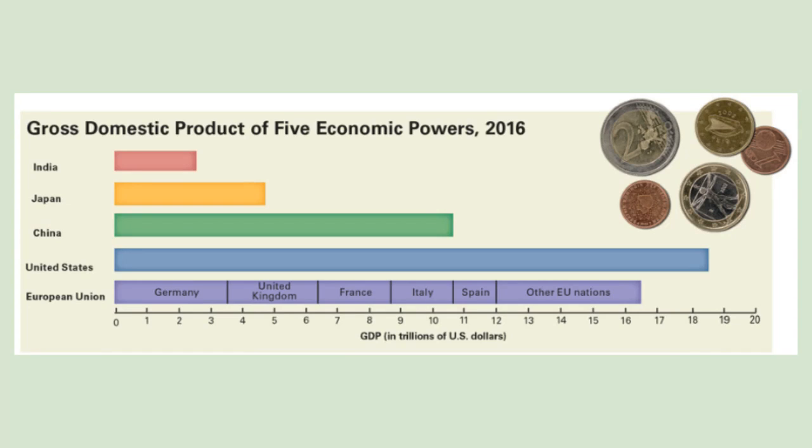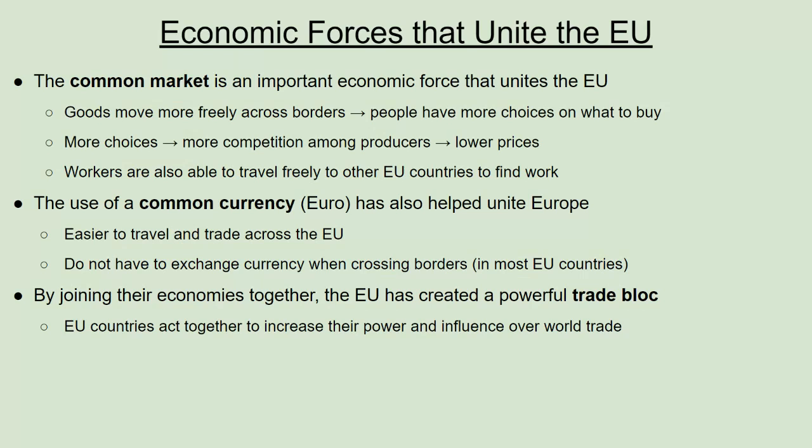If Germany was just by itself, it really wouldn't compete that much. It would be slightly higher than India, but still lower than Japan. Italy and Spain, and especially some of the smaller EU countries, don't have a lot of power independently. But if they join forces with other EU economies, it makes them incredibly powerful. So this idea of a trade bloc is very good for big and small EU countries, to get them more power in global trade.